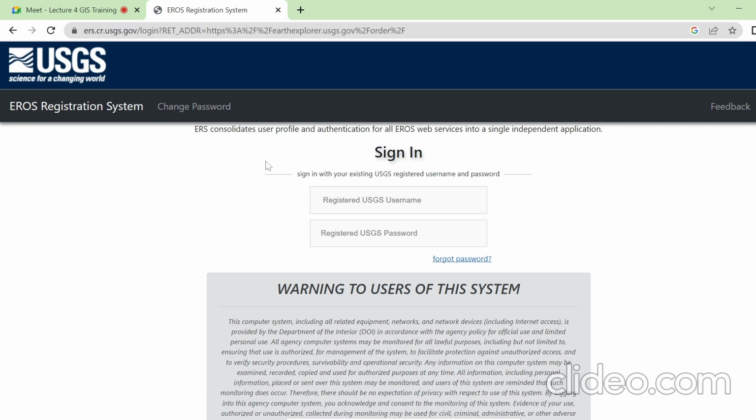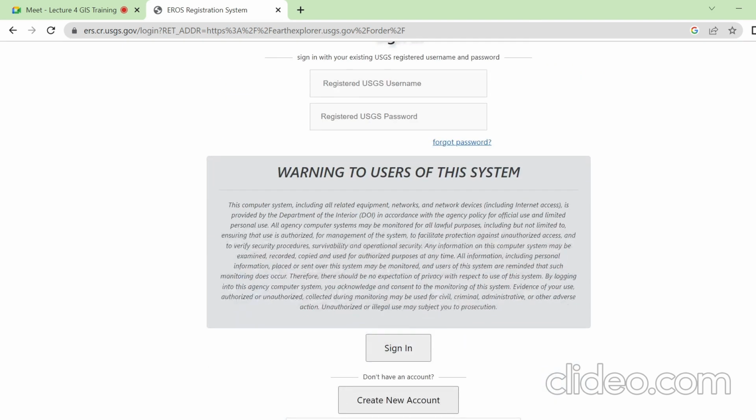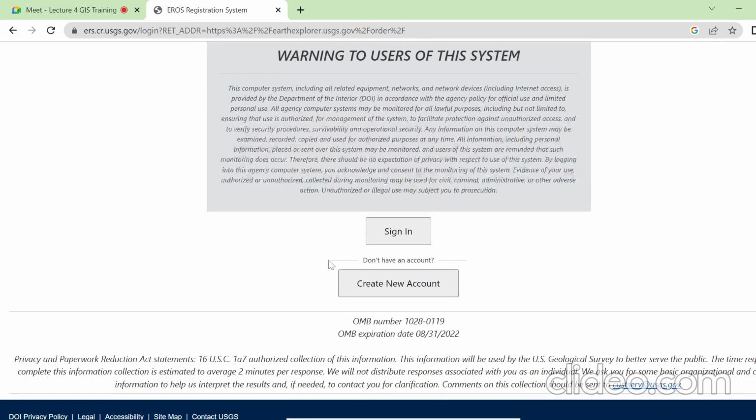If you already have an account, what you can do is simply put your username and then password and then sign in. If you have an account but you do not know the password, you can simply go to forgot password. Now if you are new to this website, then simply you have to create the account. So simply click on create new account,